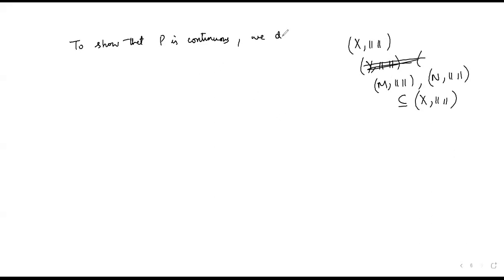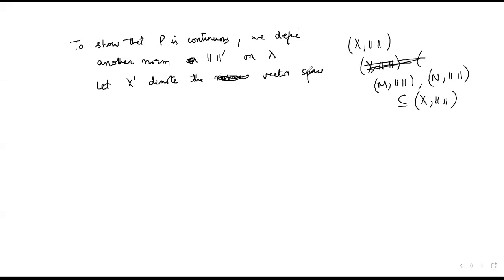अब इस नॉर्म की मदद से मैं एक दूसरा नॉर्म डिफाइन करूंगा on x। So we define another norm on x, जिसको हम ऐसे रिप्रेजेंट करेंगे, नॉर्म प्राइम, ओके, on x, and let x bar denote the normal linear space, नहीं, vector space x equipped with this new norm। इसको हमने ऐसे, ठीक है ना। So this is defined as